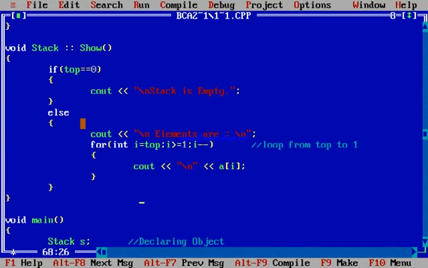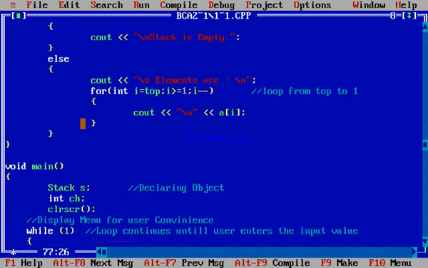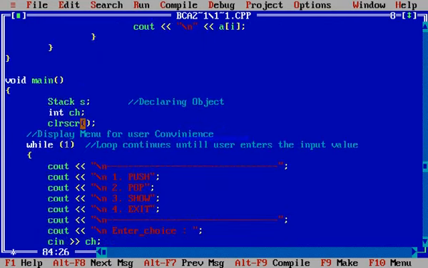Now after defining the three member functions push, pop and show, we should declare a main function. The first task while declaring the main function is to declare the object. Here stack is the name of the class and S is the object. By using this object we can access the member functions of the class.